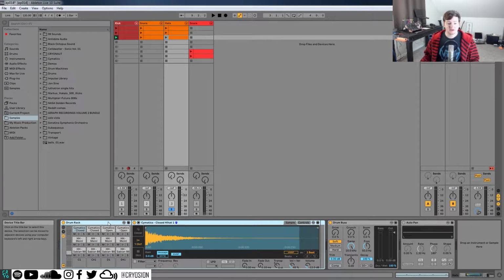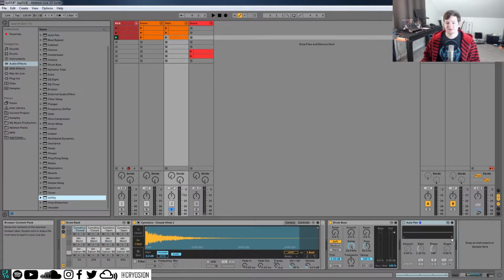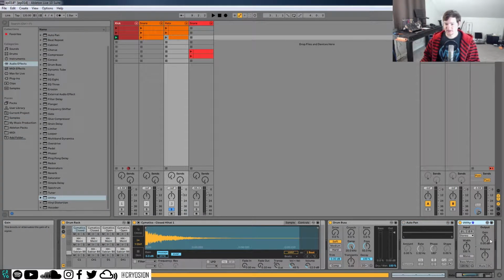But a really good thing to automate as well is the panning. So you can use auto pan, or you can come down here and grab a utility, and then you can change the balance here to left and right. By doing that, you can have, for example, your hi-hats, you can have one of them on the left, one of them on the right, and that way you have different sounds coming to each ear. Or you can use auto pan to make it kind of shift left and right,